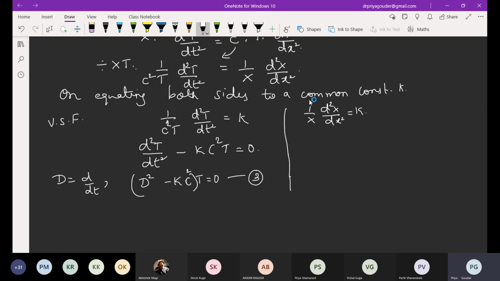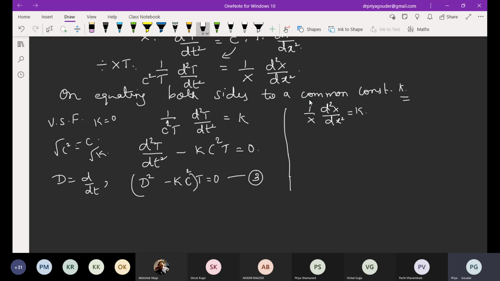Similarly, come back over here. Why am I not solving the further part? Because c square is some constant. There is no problem. The root of c square is c only. But what is the root of k? K is some constant that we equated, so this constant may take some value. It may be 0. We have to think of all the different values k can take, because this is under a square root. If it was k square, there is no problem, but if it is k, there is a problem.